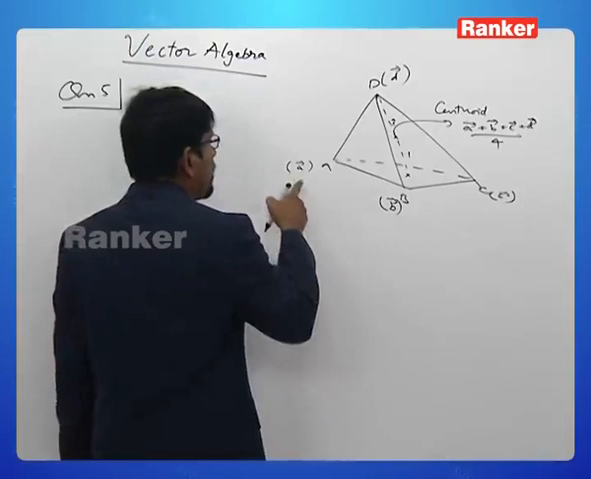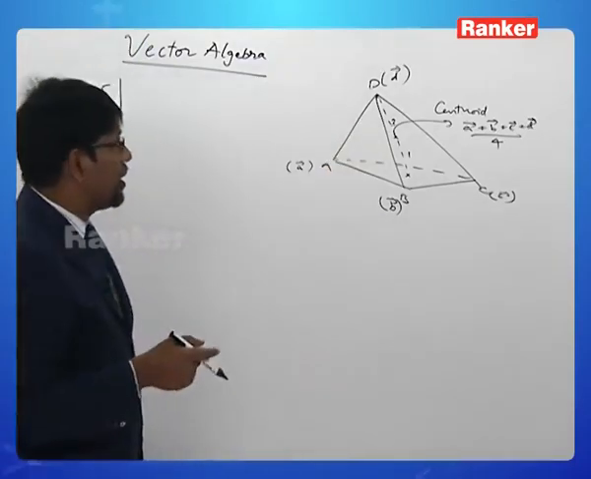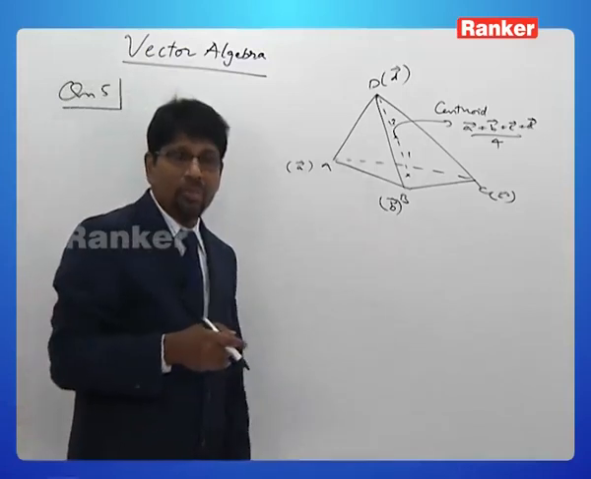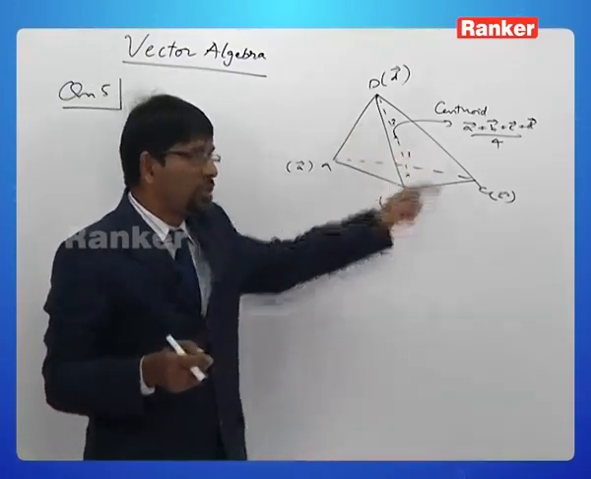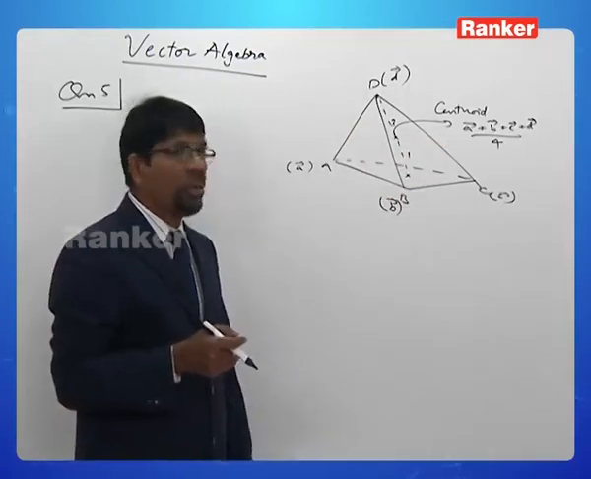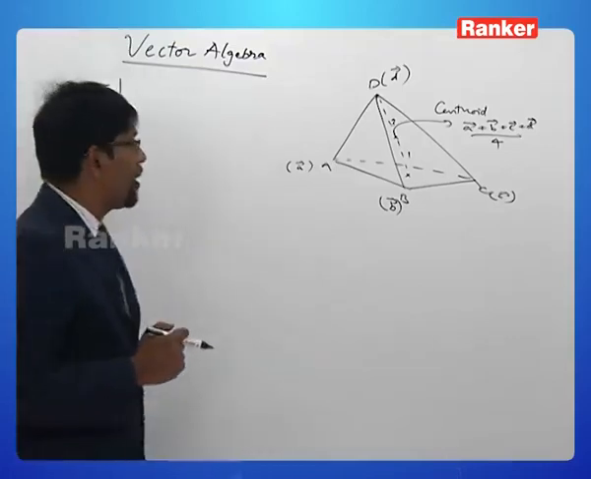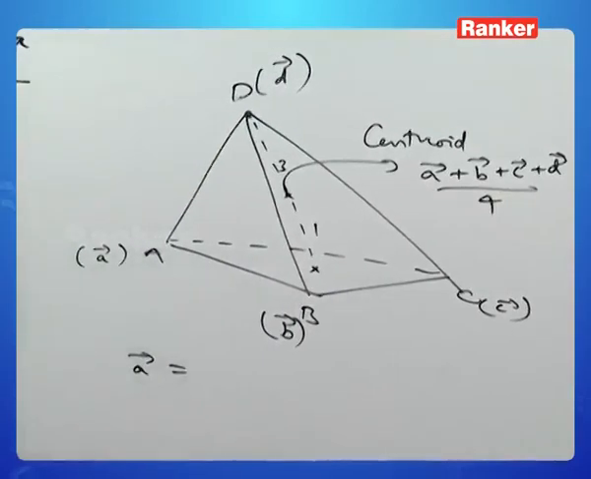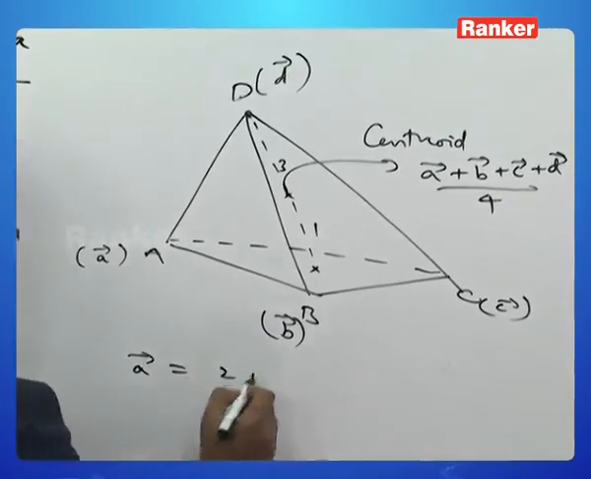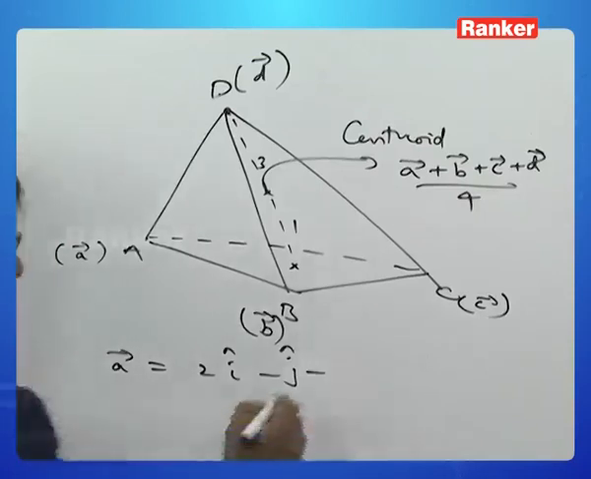Right. So using that fact and the position vector of the centroid of a triangle is A bar plus B bar plus C bar by 3, we can get the position vector of the centroid of the tetrahedron to be A bar plus B bar plus C bar plus D bar by 4. Now what is our A bar here? A bar is the position vector of A, that is 2i minus j minus 3k,